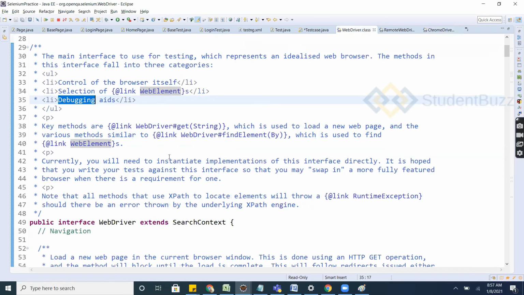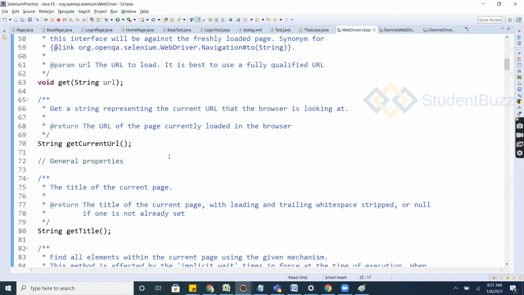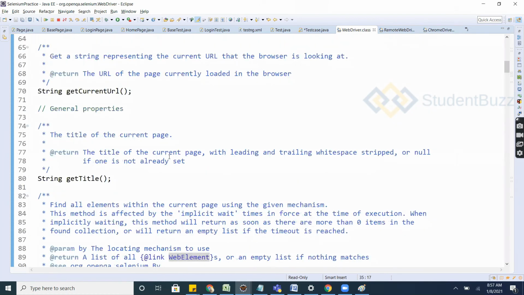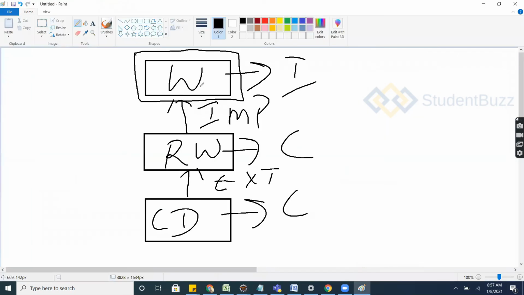All the methods needed to manage the browsers and web elements are declared in the WebDriver interface, but the implementation is not there. WebDriver holds the concepts, like what you can do on a particular browser and its elements, and that implementation is done in RemoteWebDriver. RemoteWebDriver is extended by browser classes like ChromeDriver, FirefoxDriver, IEDriver, EdgeDriver or SafariDriver.